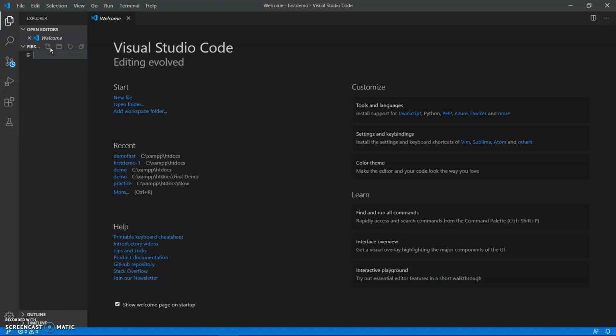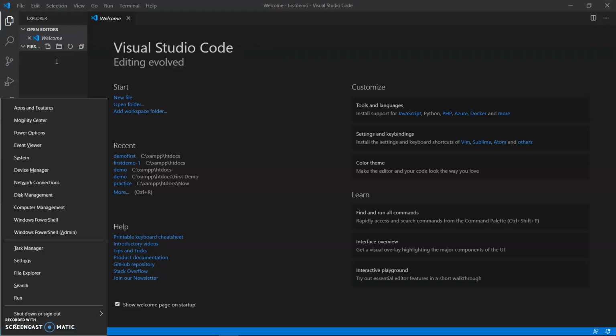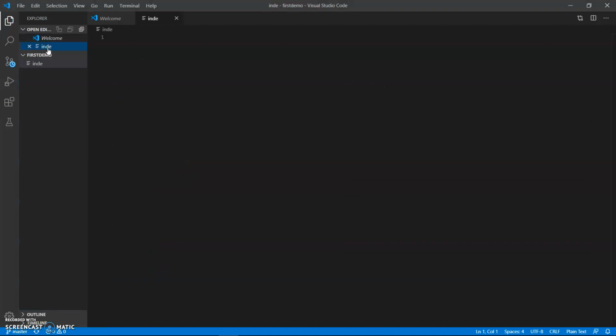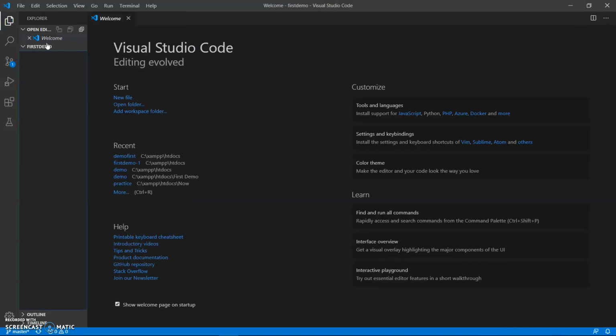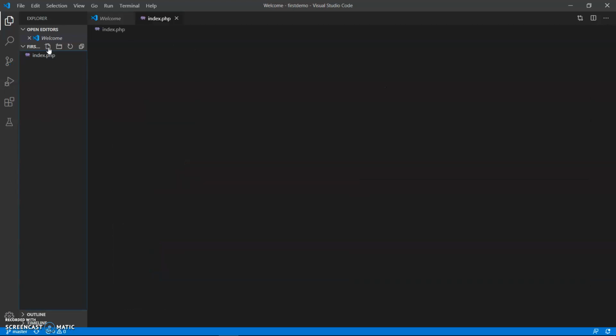Let me create one file in it. I'm giving the name index.php. You can give any name you want.